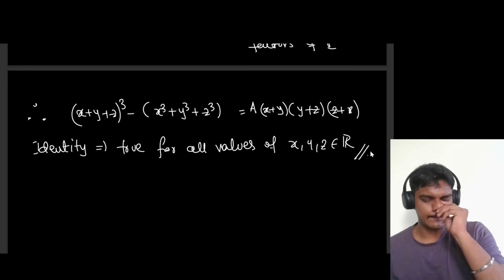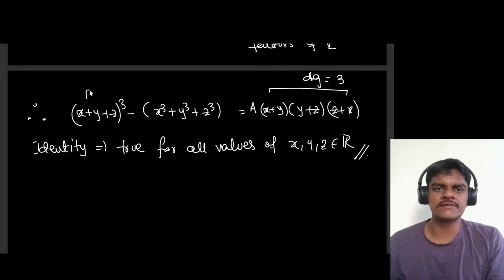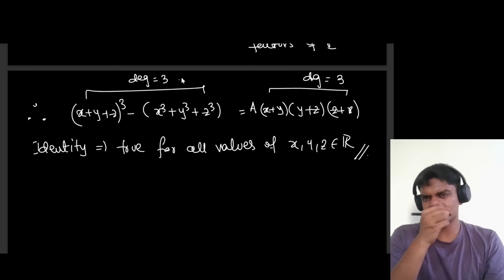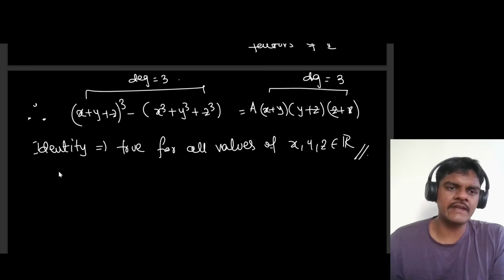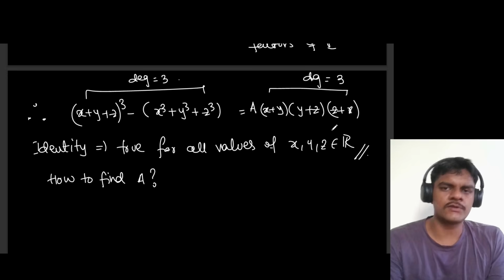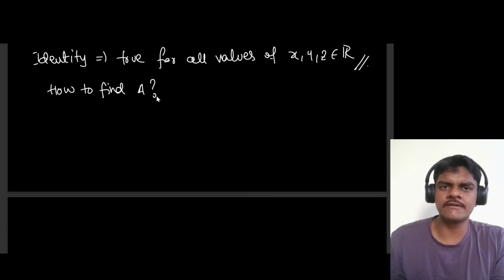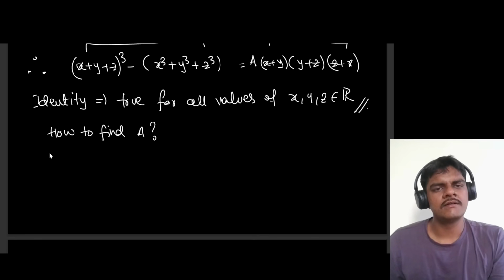This is true because this is degree 3, and here also the degree is 3, so it is kind of obvious that you will have this. How do we find a? How to find a? It is also easy. Finding a means you put some value,